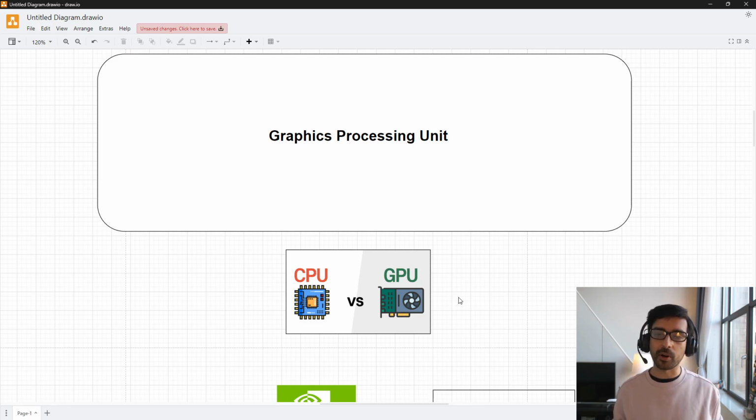And if you want to know more about it, I think it's better to just check the difference between a CPU and GPU on the internet. You will get it pretty easily. But in this video we are more discussing why GPUs are used, what GPUs are available in the market, and how they are used. Okay,